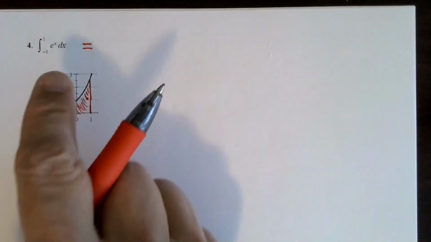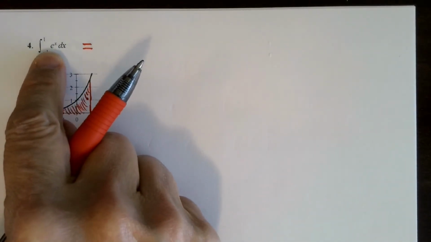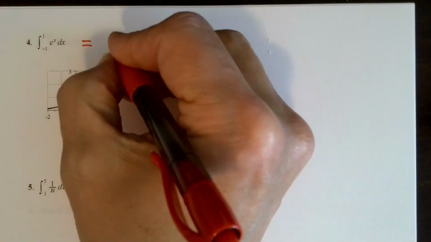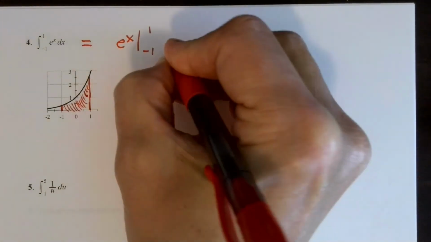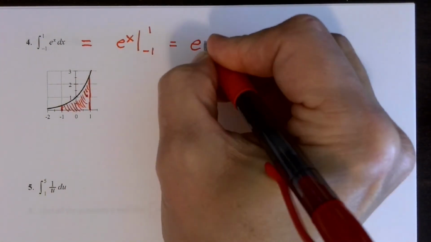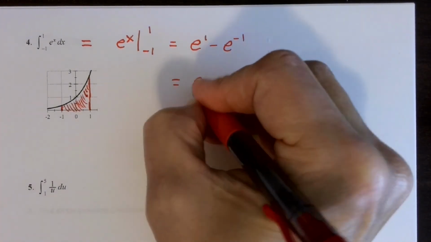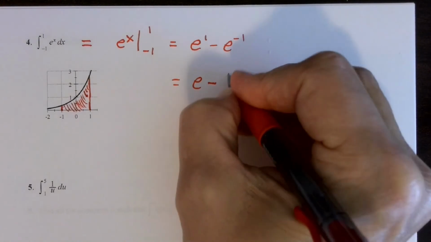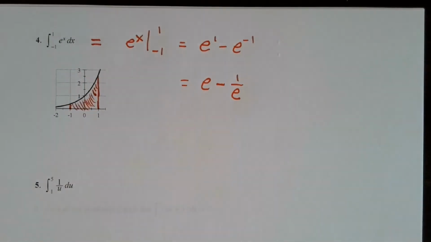Well, let's see. It's actually an easy problem to do now that we have the fundamental theorem of calculus. What is the antiderivative of e to the x? That's easy. It's e to the x, right? And we evaluate it at 1, so that's e to the first power minus e to the negative 1 power, and so we get e minus 1 over e. Okay. So it's not a nice number like 2 or 3 or 1 or something, but it involves the base